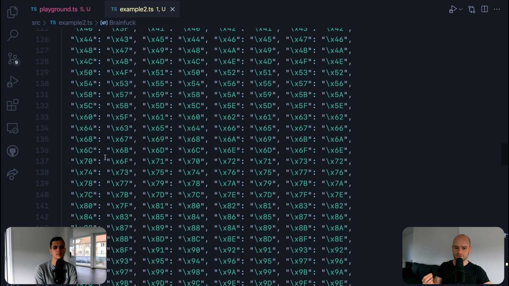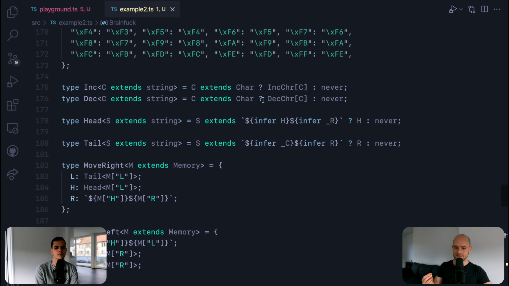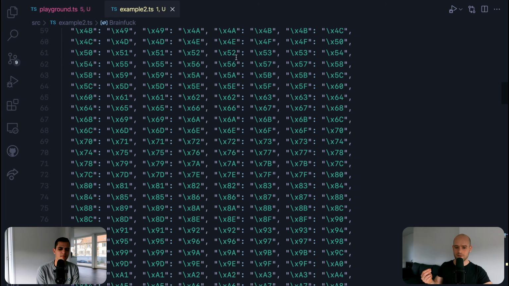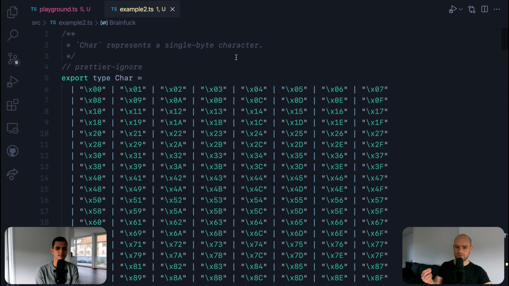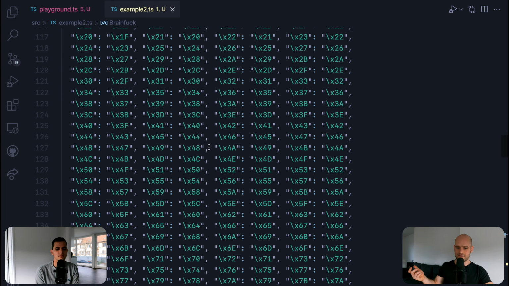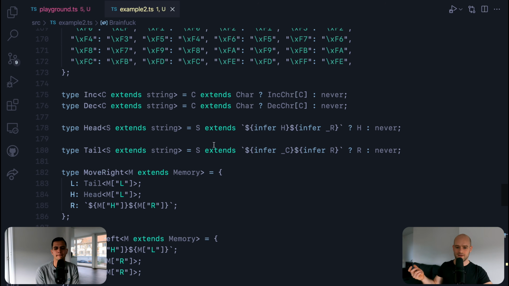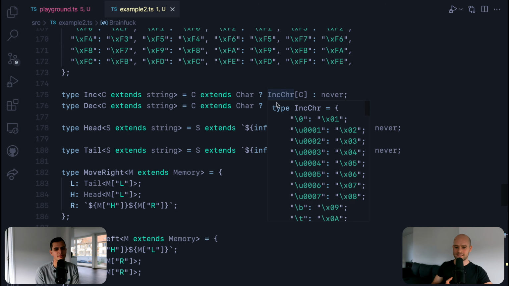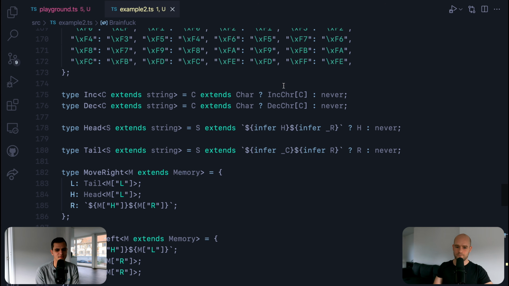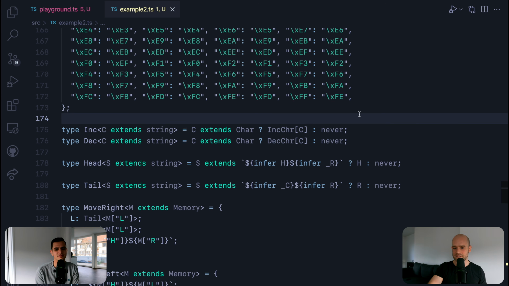The way they do increment is that they have a table of characters for increments and a table for decrements. So you can simply access for index 1 the next value, but here we are dealing with strings, which is interesting, but of course you're limited to 255 or whatever.